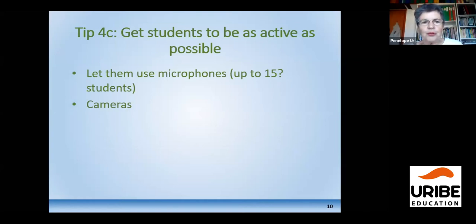Ask them to use cameras. One of my teachers said to me, yes, but teenagers don't like to turn on their cameras. It's true, some of them don't, but as much as they can. Yes, it's really nice, for instance, in this session to see your faces while I'm speaking. But using the chat box for responses, let students, and I'd really be happy for anyone just to comment on anything I'm saying as I'm going. I might not be able to respond very quickly, but it's nice to be able to see that people are actually responding to what I'm saying.